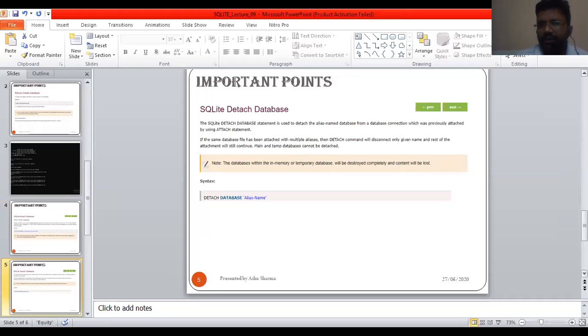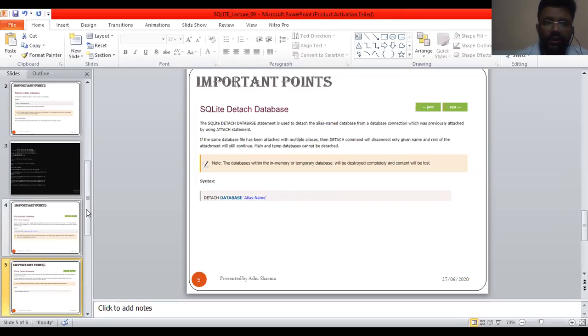Main and temp databases cannot be detached. Here is a note that the databases in memory or temporary databases will be destroyed completely and the content will be lost. Here we have the syntax of SQLite detach database, with the alias name we are going to detach, which was given initially for the database.